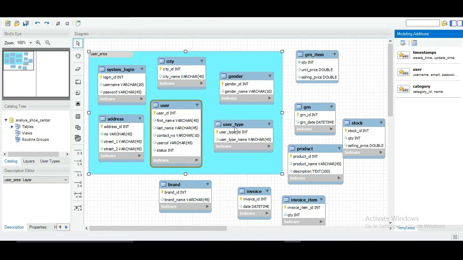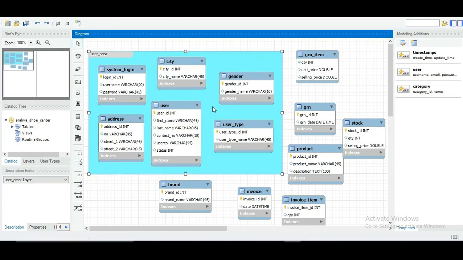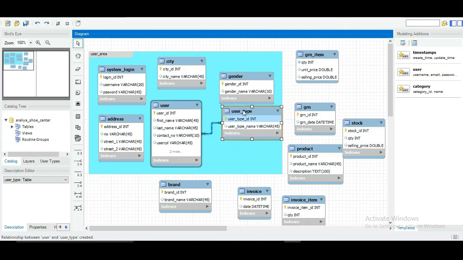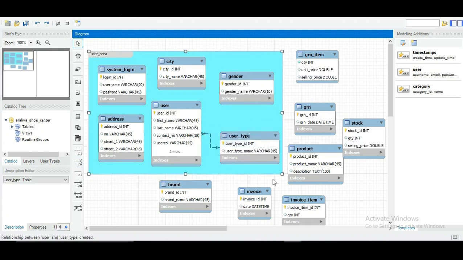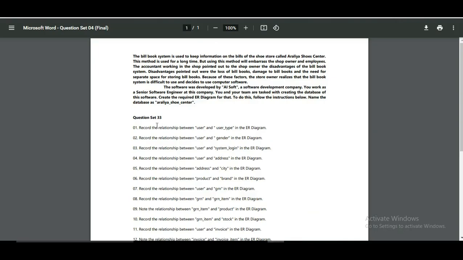So to create the relationship between these two tables, I'm going to click on this button over here, and after that I'm going to first click on the user table, and after that the user type table, because I want the many side to indicate towards the user table. Like that. So that will be the answer for the first question of question set number 33.